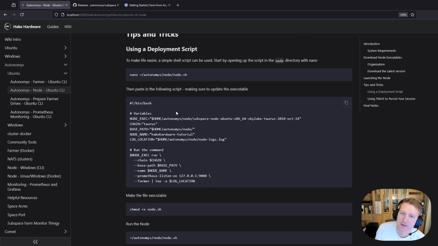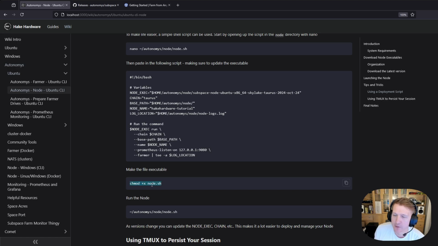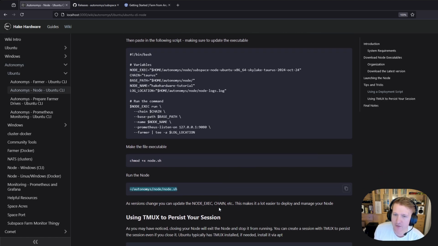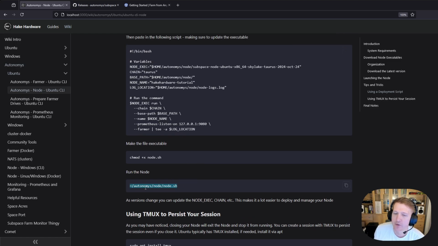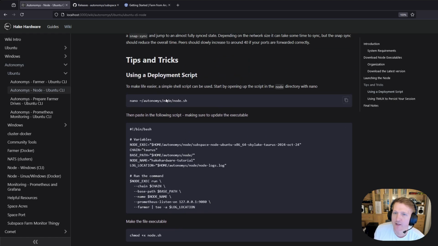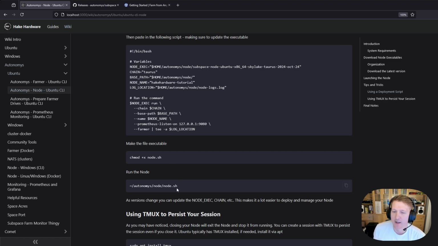So that's one improvement that we can make, is turn this into a script. That way we just have to make the script executable, and then we just have to run the node. Instead of the executable, we're running our node.sh script that we created up here, and that will execute the command for us. But there's an even better